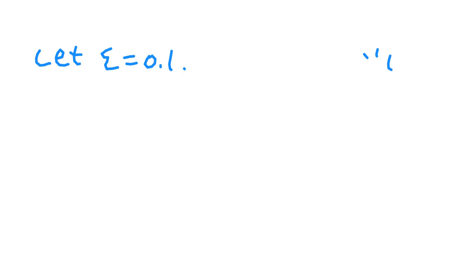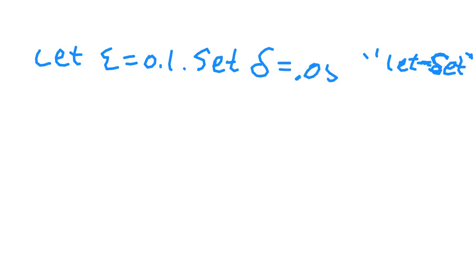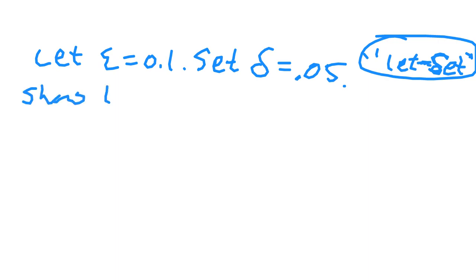Of course, set, I started drawing a delta because we're going to set delta equal to 0.05 now. So we're going to let epsilon equal 0.1, set delta equal to 0.05, and then we need to show that